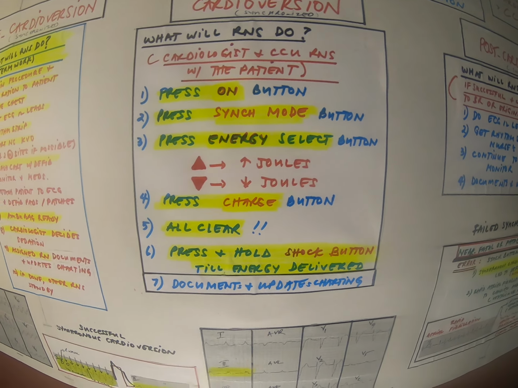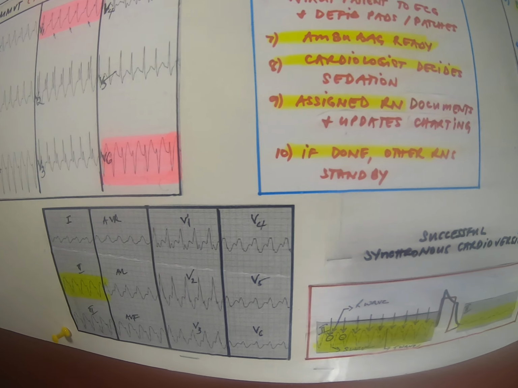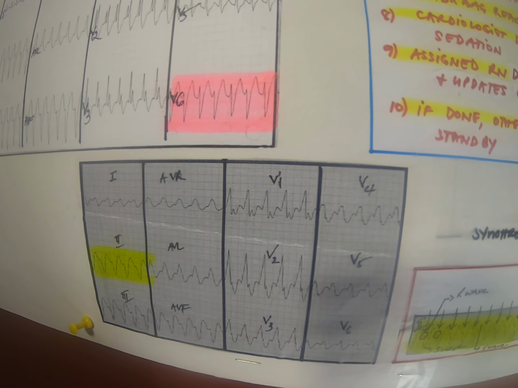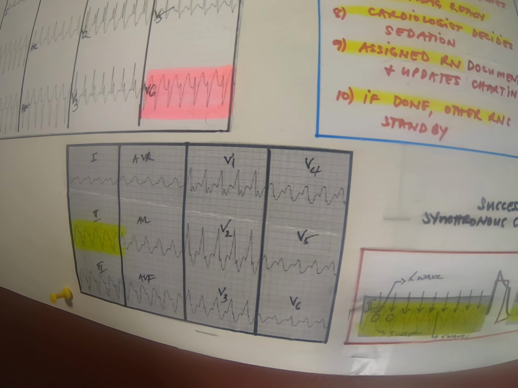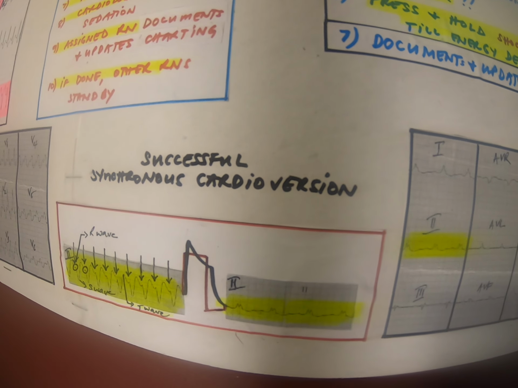Okay, so here we go. Again, we have the 12-lead ECG before the procedure. That is the monomorphic VTAC with pulse in here, and then here is the part where we apply the